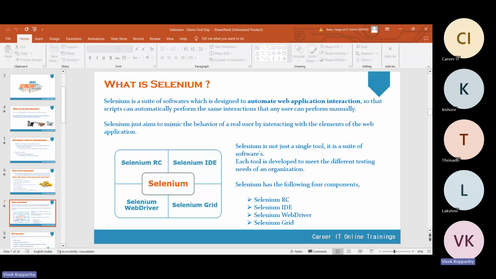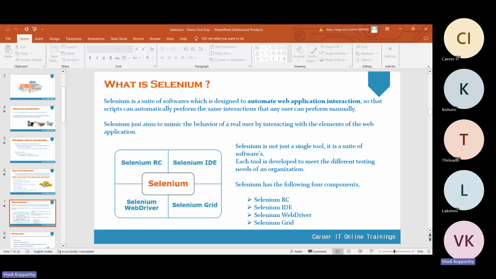The next version is Selenium RC. RC stands for Remote Control. Now it's officially deprecated; there is no more Selenium RC in the market. Then Selenium WebDriver. In the RC days, Selenium was one piece of software and WebDriver was a different one from different software companies. Selenium was using the WebDriver libraries. Later they combined together and came up as Selenium WebDriver, which has the capability of communicating with the browser directly. So now we are going to learn Selenium WebDriver.